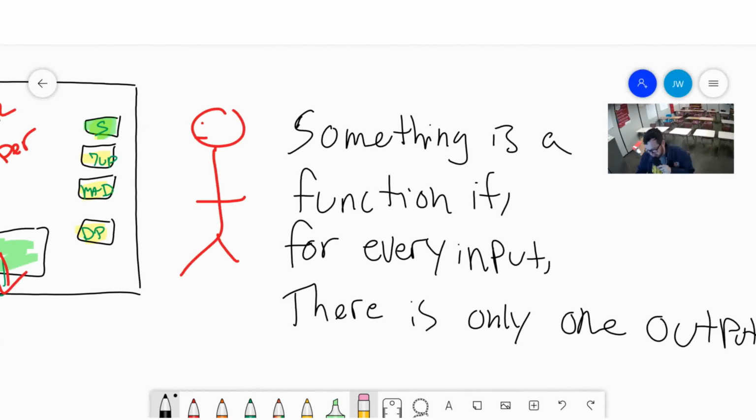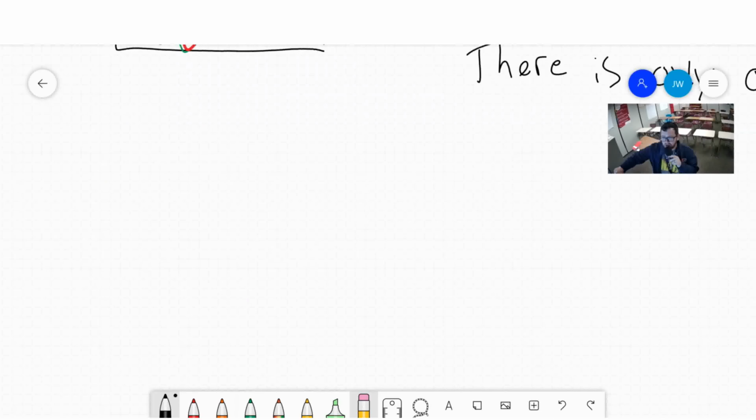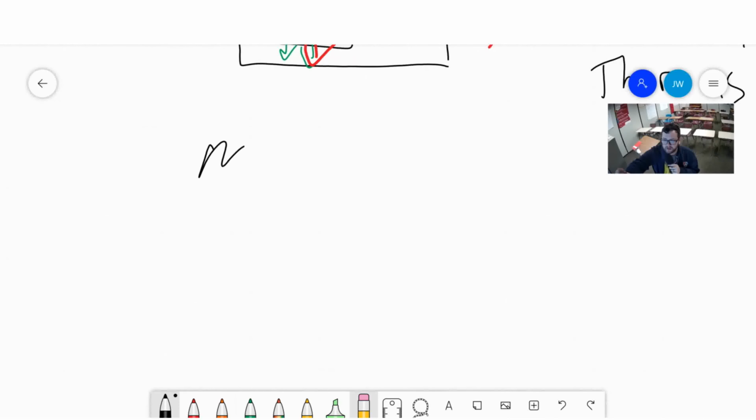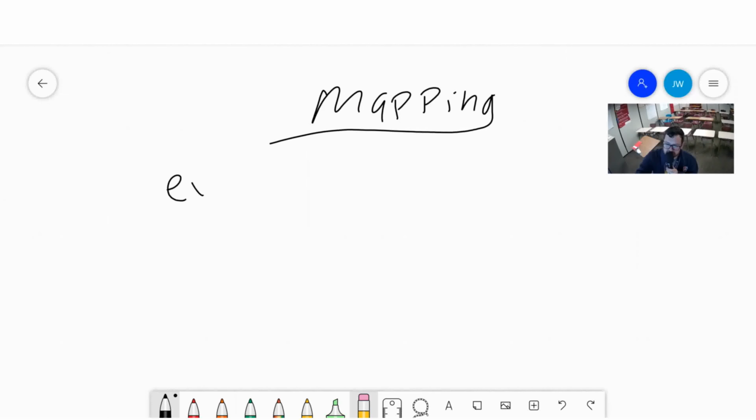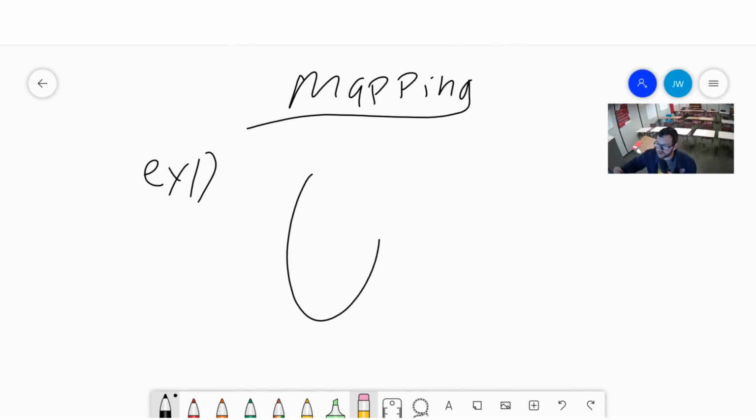So there's 3 different types that we're going to be going over. And the first one's called a mapping. This is what a mapping looks like. This is your first example. This is EX1, example 1. A mapping looks like this. It's these 2 big ovals